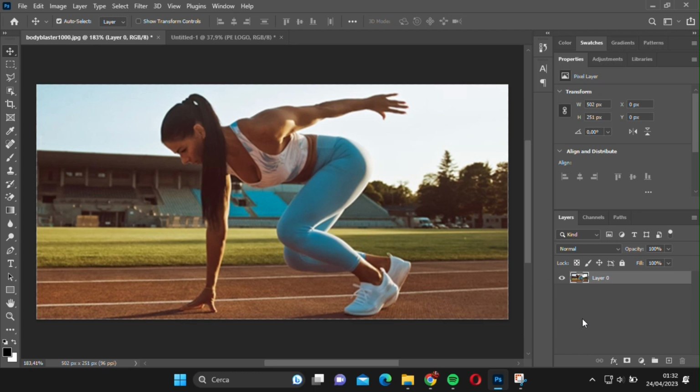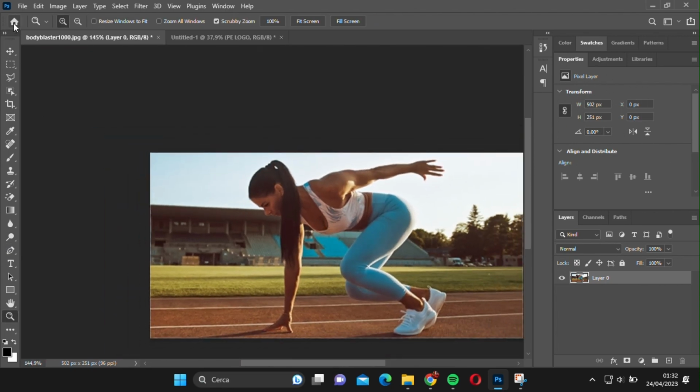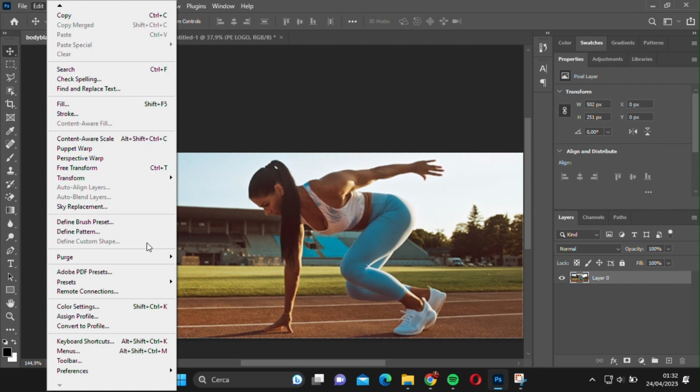In this video, I'm going to show you a trick to improve the quality of your images using Photoshop's Preserve Details 2.0 feature. As you can see, this image has got a really bad quality, so let's see how to solve the problem. This feature could be not enabled, so the first thing you're gonna need to do is to